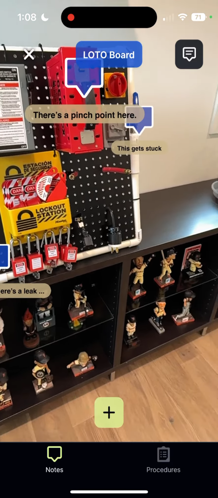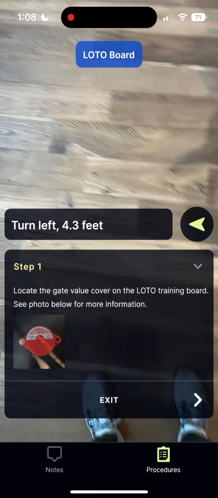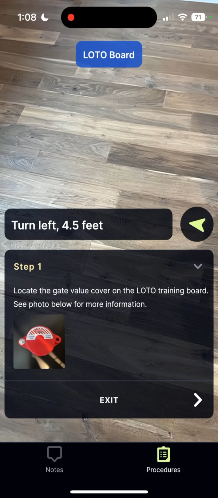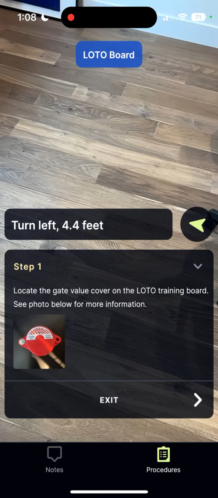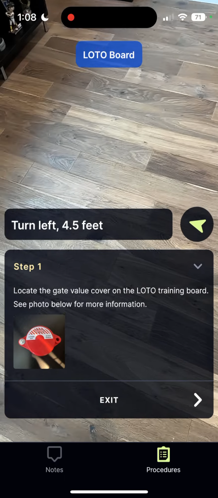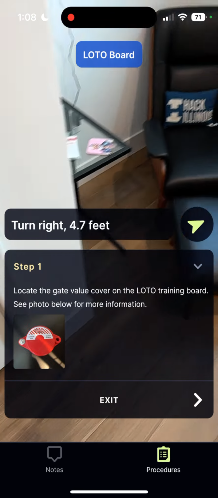On the bottom right, you see a procedures button. I'm going to click that, and what you see is a list of procedures associated with this machine. So in my case, there's a gate valve lockout. I'm going to hit play there. I'm going to draw your attention to the middle of the screen where it actually says turn left 4.7 feet. You see this is actually a live number. It's changing as I move. And there's a compass, and it's taking me to where I need to be for step one,